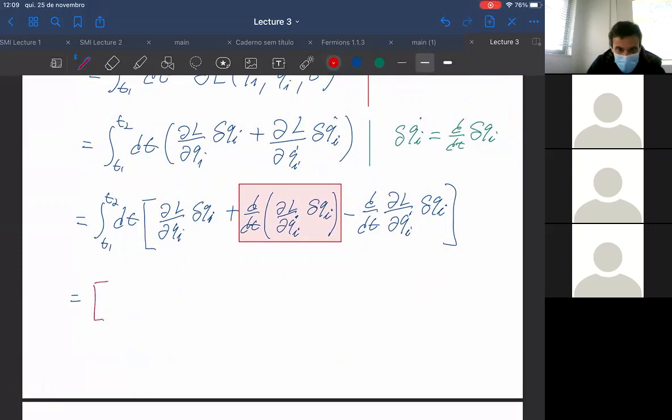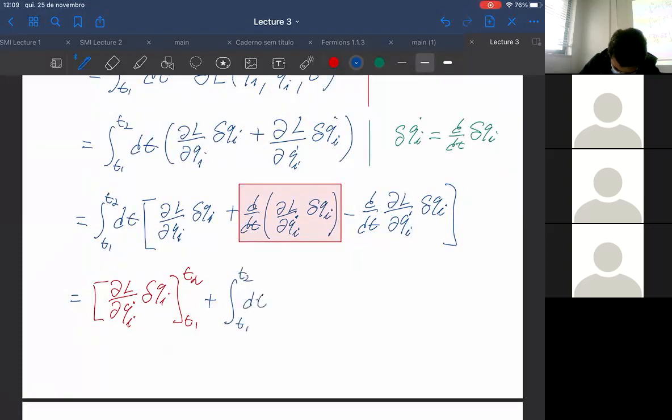So this is already dL/dq̇i times δqi between t1 and t2, plus integrating the rest, t1 to t2 dt,